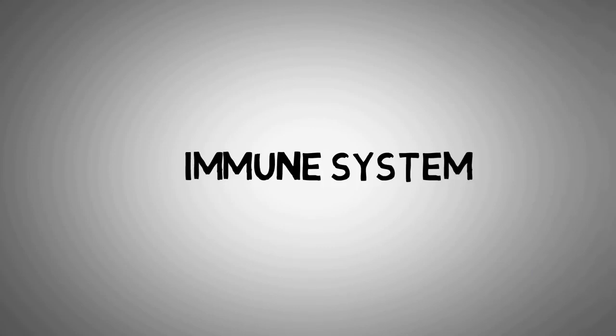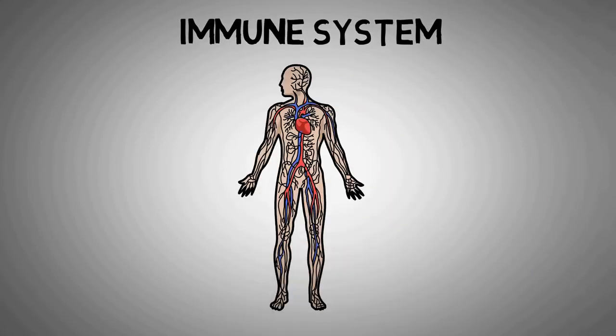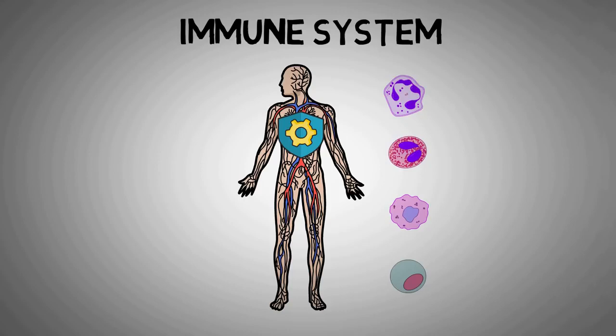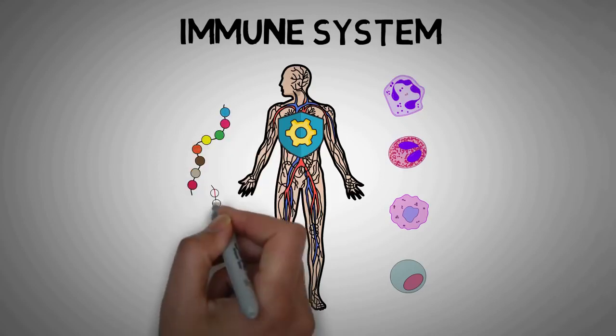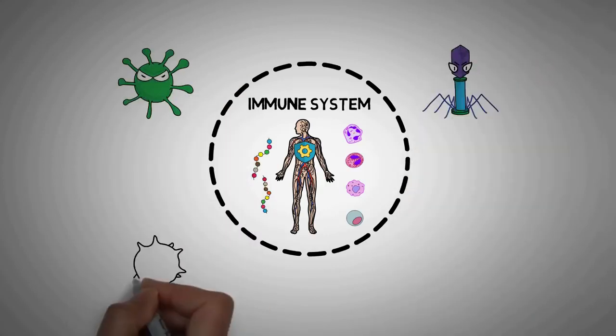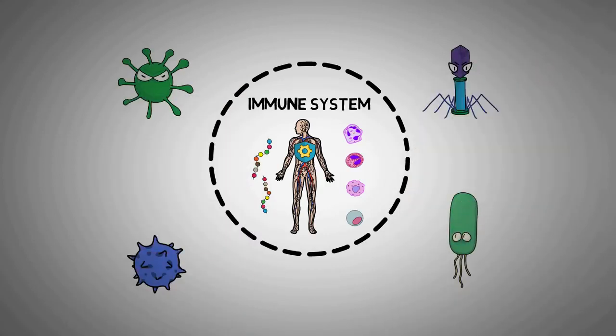The immune system is the basic defense system of the body that protects us from harmful pathogens and diseases. The immune system consists of various types of cells and different proteins that kill the harmful invading microorganisms and protect our body from disease. In this video, we will discuss the human immune system, what the basic structure of the human immune system is, and how it functions.